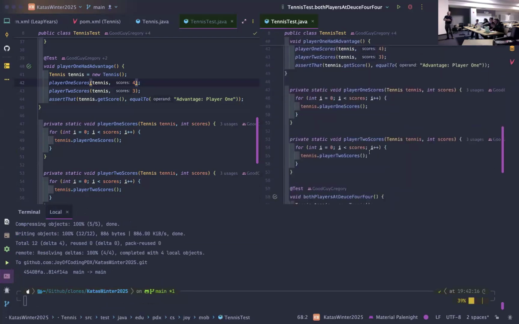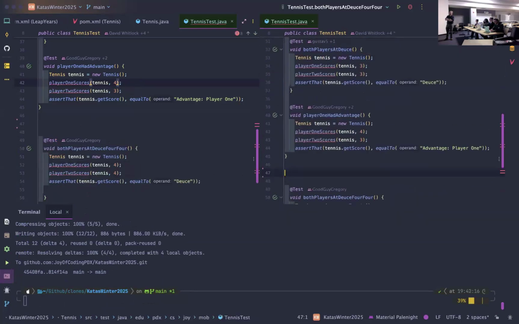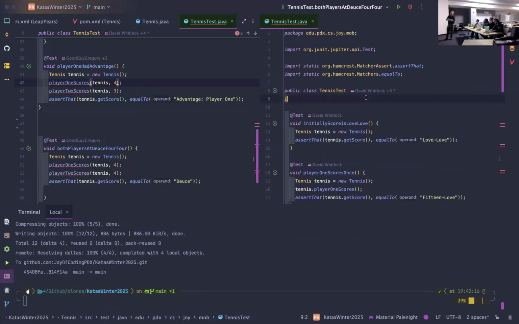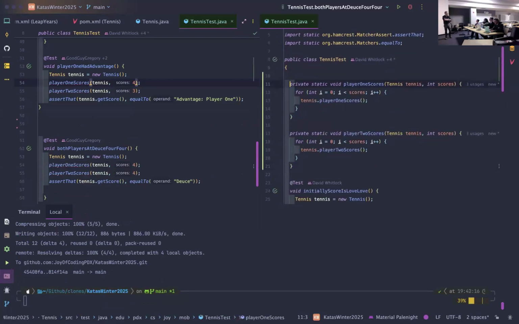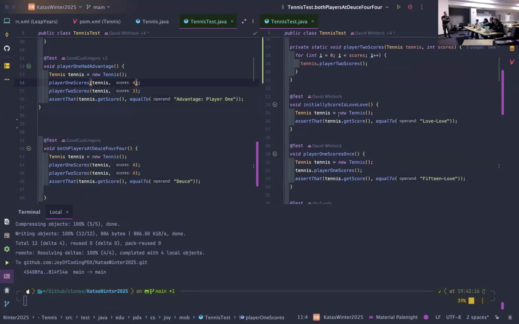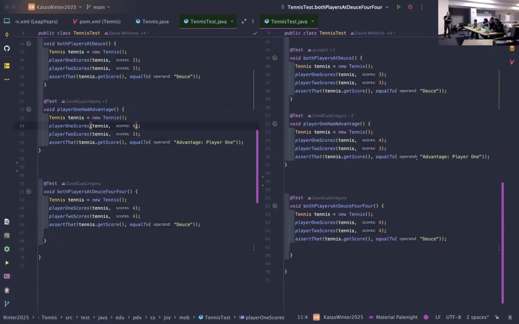Okay, so we've got passing tests. What do you guys think? Nice. Okay, yeah, so are there more tests we want to write, or do we want to refactor? Do we want to do advantage next? What do we want to do? We could refactor that tennis sentence